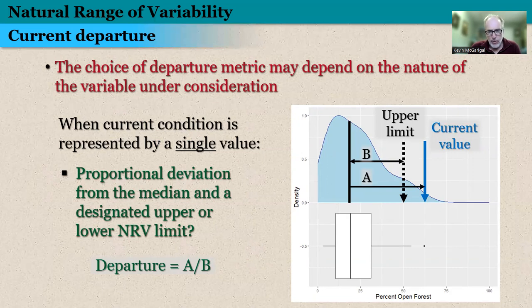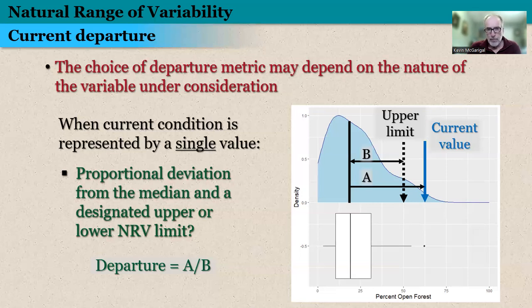Once again, the percent of the landscape in an open forest condition. And the current value is a single value. And so how do we compare that to that distribution to represent departure on a continuum? Well, one approach is to compute the proportional deviation from the median and some designated upper or conversely lower NRV